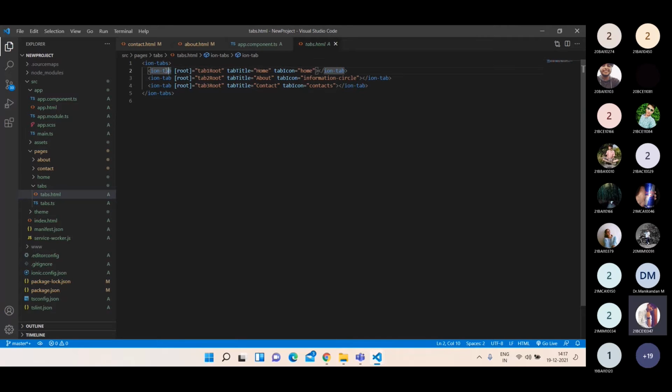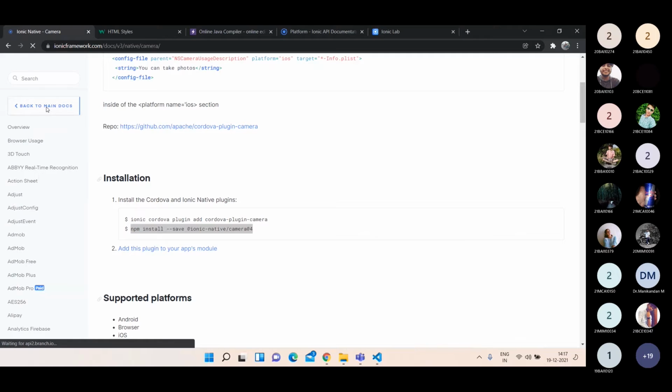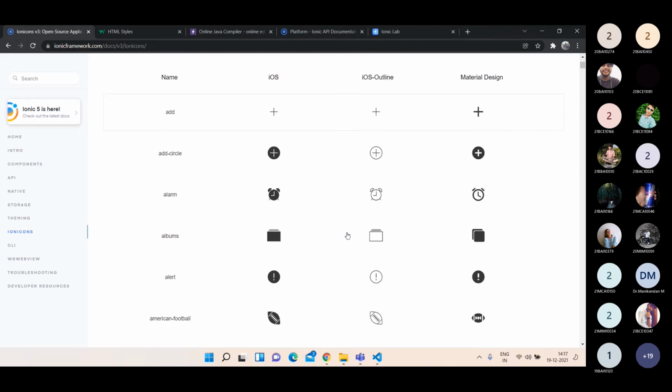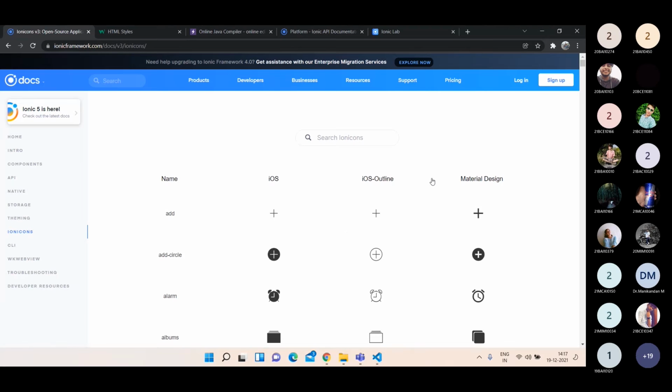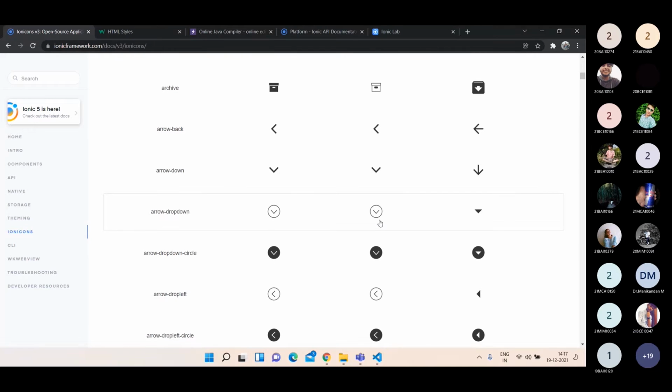Okay. So you have three tabs, and for every tab, you have given which component has to be loaded and what icon should be shown. These things are given. Where you can find icons is in the Ionic component itself. You will have these Ion icons. Here you will see the list of icons which are available for various platforms, right? All these things will already be there. The only thing you need to do is combine everything to form your own application. For example, if you want to load your tabs application but you don't want to use the same icons it has, then you can change your icon.